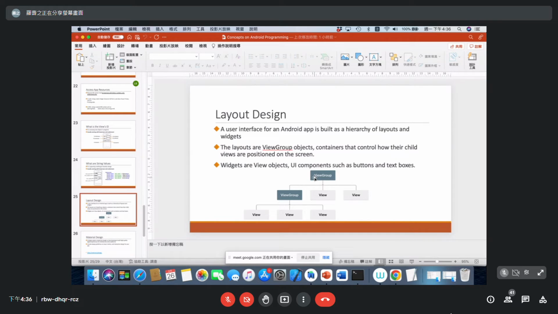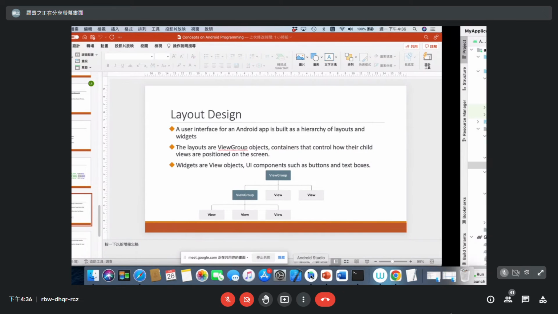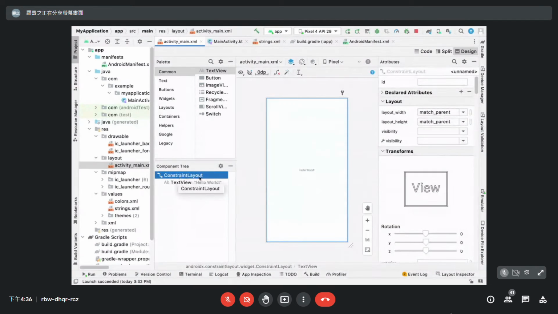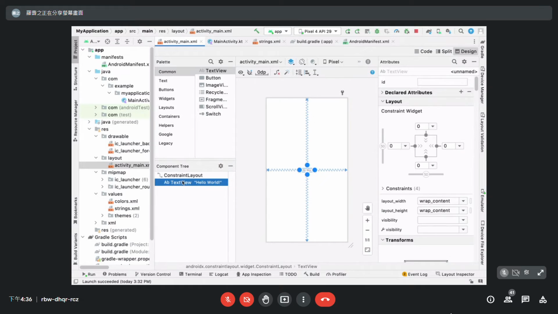OK, so this means we have two different kinds of view component. One is called the view group, and another is called the view. A view, like the button, is a view. Constraint layout is a view group. A view group can contain other groups and other views. Just like this case, constraint layout is a view group. This view group contains one text view. Here we show the class hierarchy, also called the component tree. We show the hierarchy. OK， 他们的那个层级的关系啊，我们就在这里可以看出来。